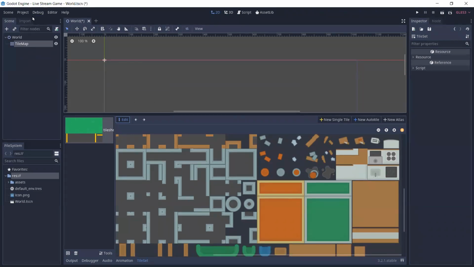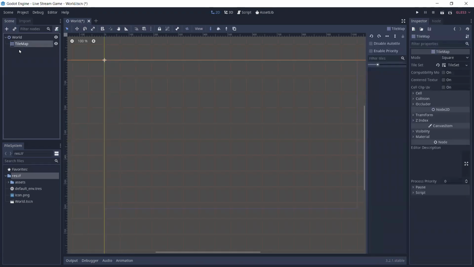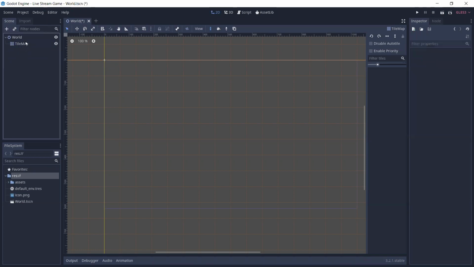So one more time, I created a new world node with the plus button. And then I created a new tile map node with the plus button again. And as I click on the tile map,